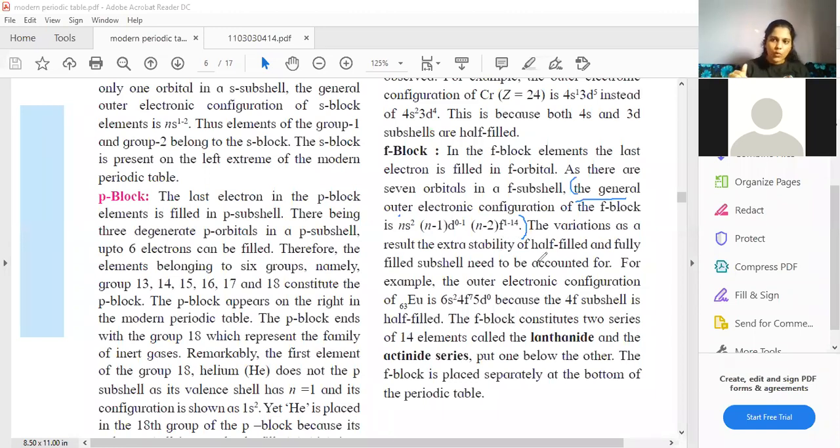Now, as you move ahead and see the configurations of higher elements, you will observe, see, after 4s2, 3d is filled. It means that d orbitals are 1 less than the principal quantum number. Your f orbitals are 2 less, like they are behind by 2. Now, if the lanthanoid series comes in the 6th period, first 6s2 will be filled, then 5d will be filled, and then 4f will be filled.